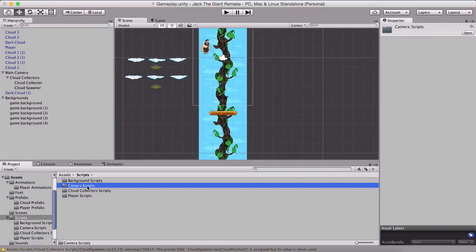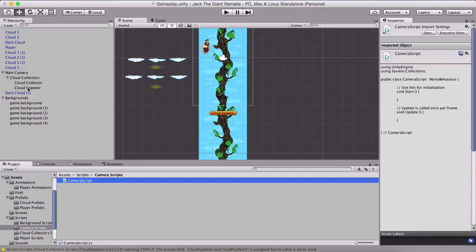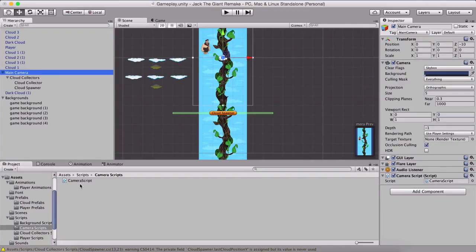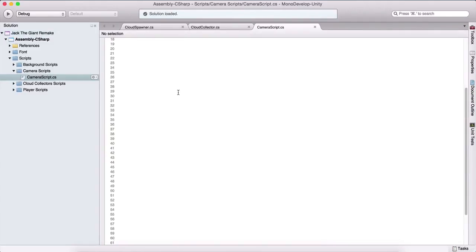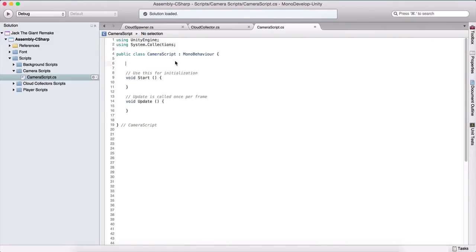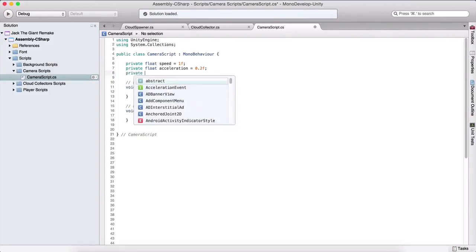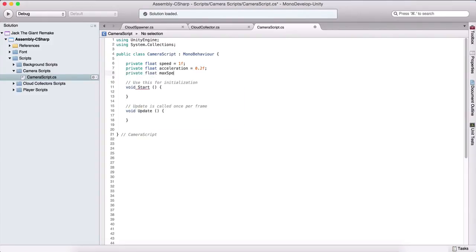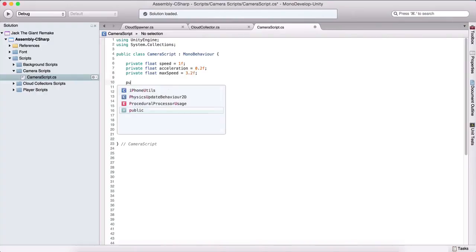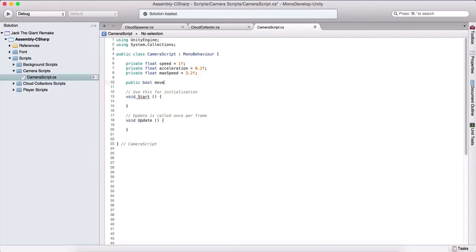In our scripts folder, create a camera scripts folder, and here create a camera script, attach it to the main camera, and double click it to open it in MonoDevelop. As always, we are going to start with a couple of variables. We are going to have a private float speed, which initially is equal to 1, a private float acceleration, which is going to be equal to 0.2, and a private float max speed that our camera can reach, 3.2f. We are also going to have a public boolean move camera,